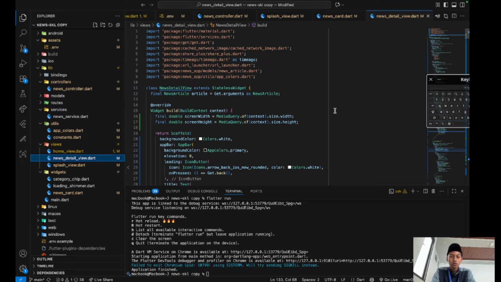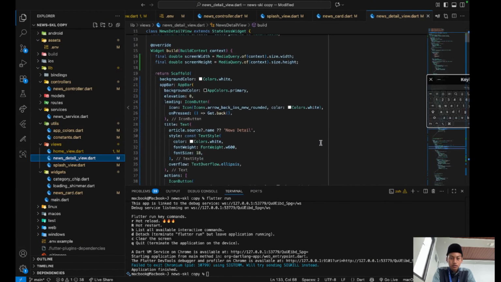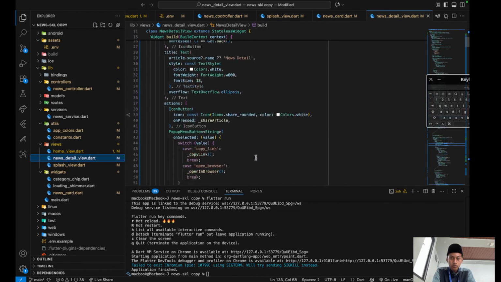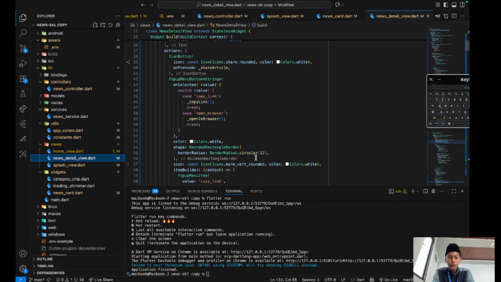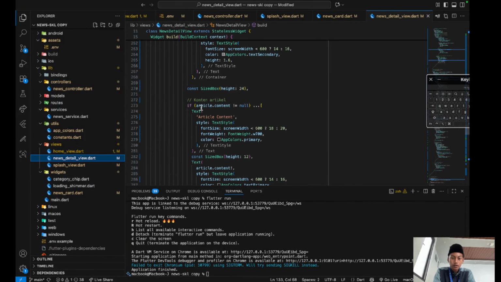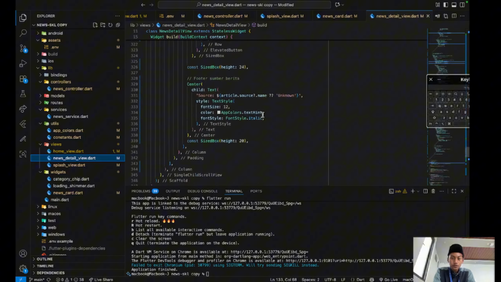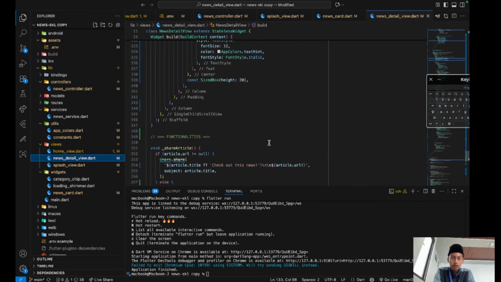Before your users want to see your news, they can click the news, and then the news detail will pop up like this. The text is news detail, and then you can copy the link of the news or open the browser. And then there is article content like description and read full article and others.